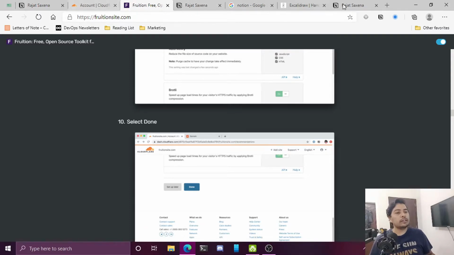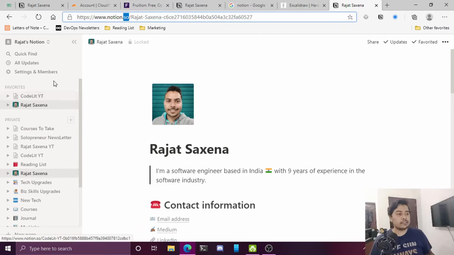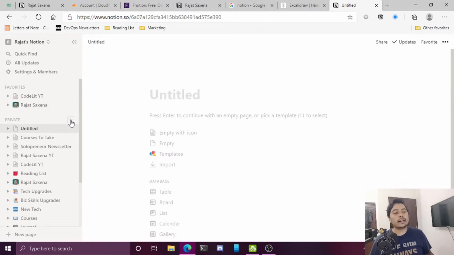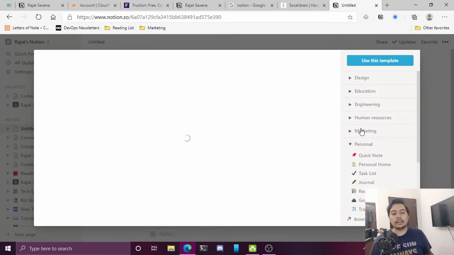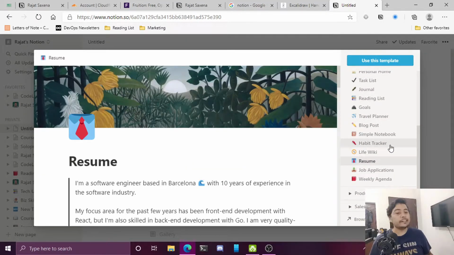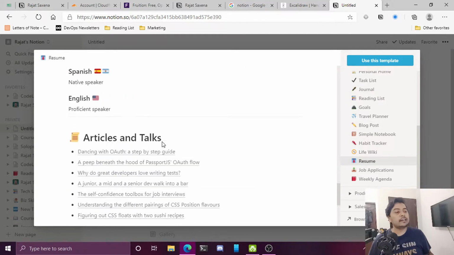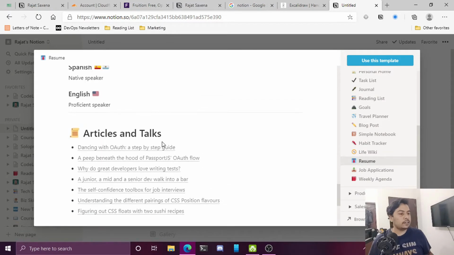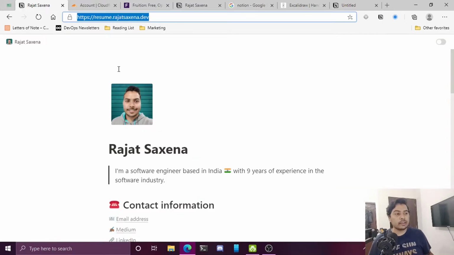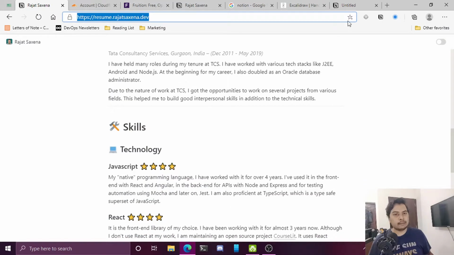So first of all, you have to create the document itself. So you should create an account on Notion, and then over here you get to see this add button. You can create a page, and from this template part you can select any sort of template you want. Here we want a resume template, and this is a template I am using. You can use whatever template you can, or you can create something on your own. So you do not have to just use this particular sort of template. You can design your own stuff and you can create everything. But for my resume, I have just used that template only.